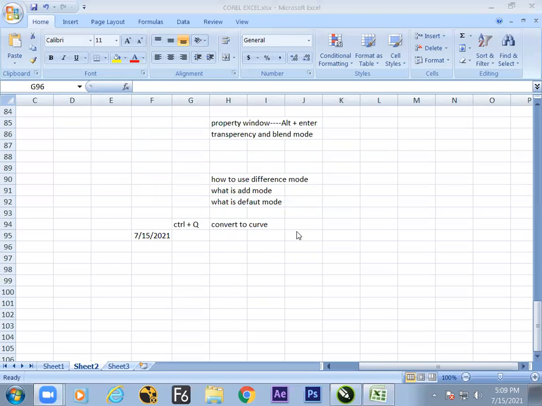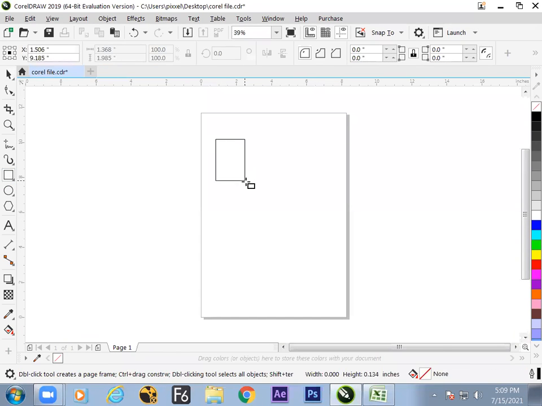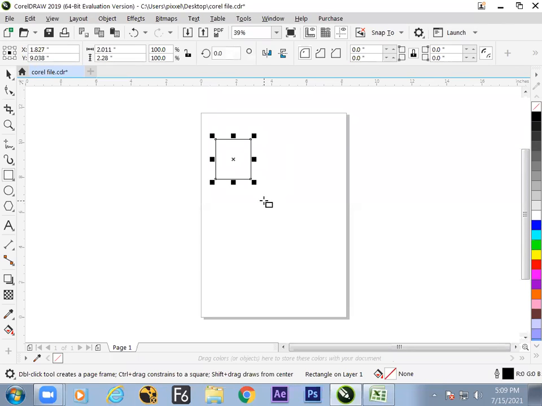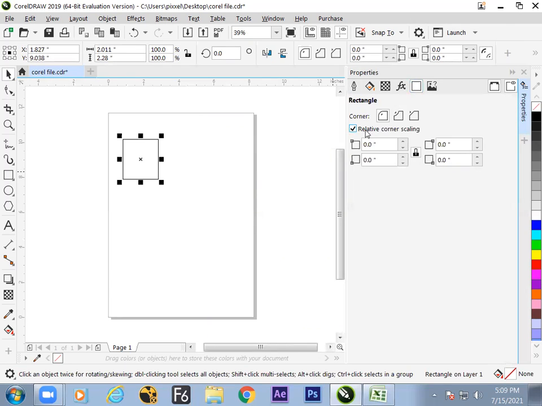Now we'll switch to the software. Here we have seen in the last session the operation of this rectangle in various formats with the help of Control, Alt and Enter, which is Properties. And at the extreme end, we found how the corner options can be controlled also. So there are a few things we have seen. But at the extreme end, one more option is there, that is warping.